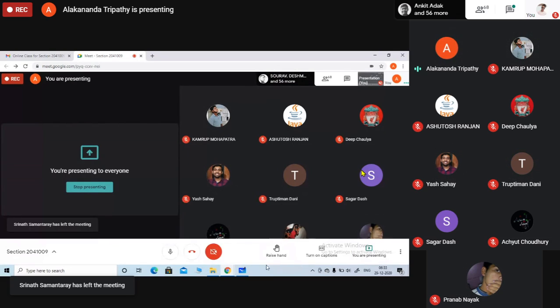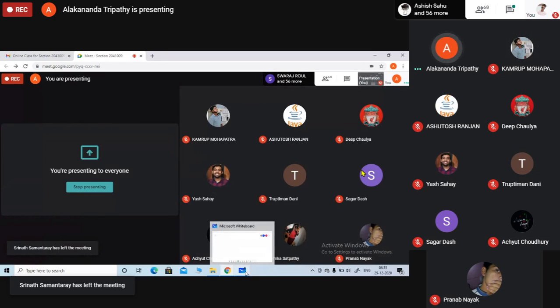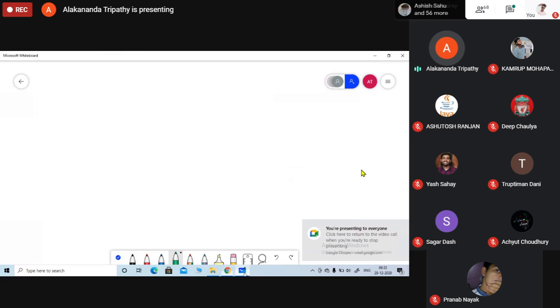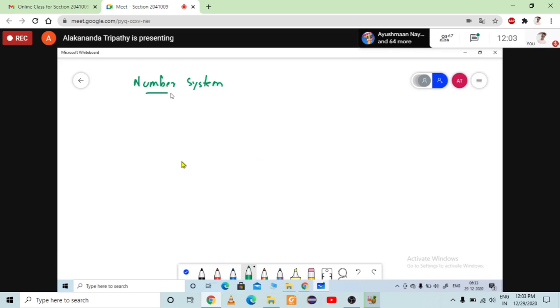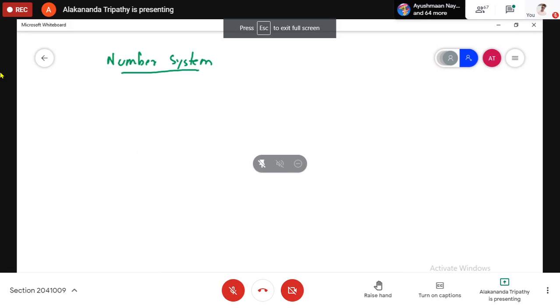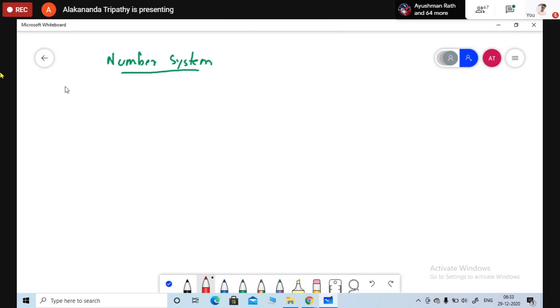Okay. So before bitwise operator, let's have a discussion on the number system, because most of the computation we are going to do using this number system. Just make it a clear idea on the number system, then we are going to have a discussion on bitwise operator. So in number system, as we all know, we have decimal numbers, we have binary numbers,